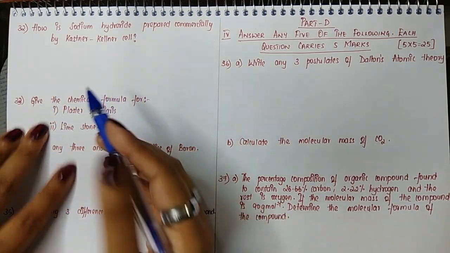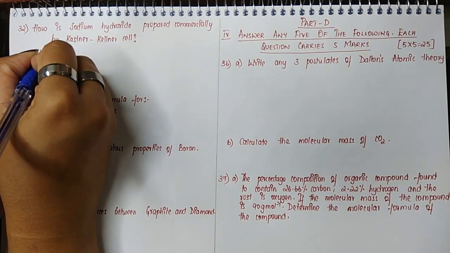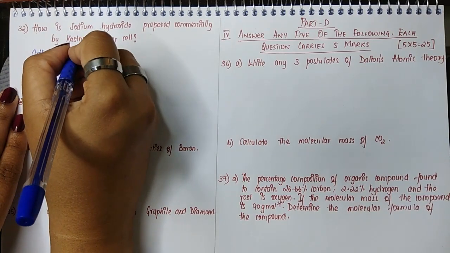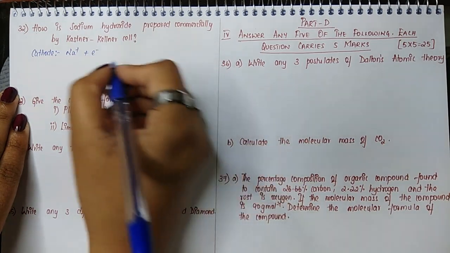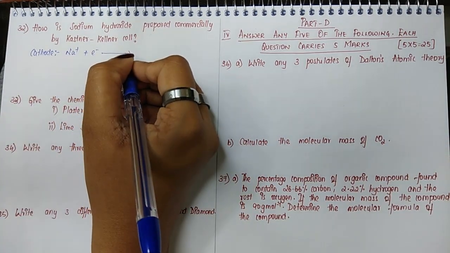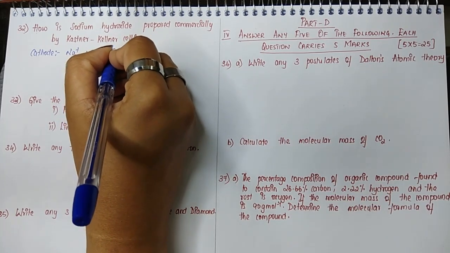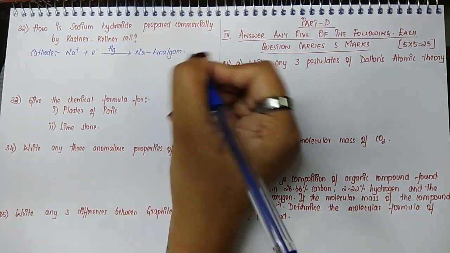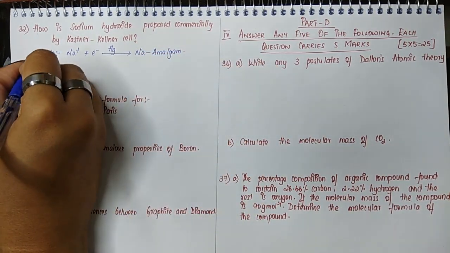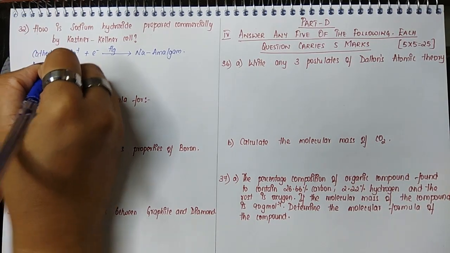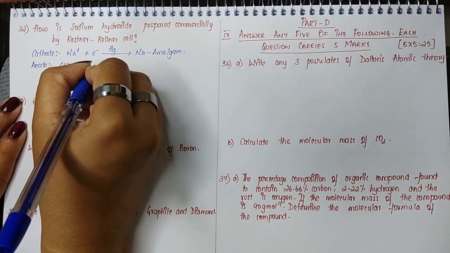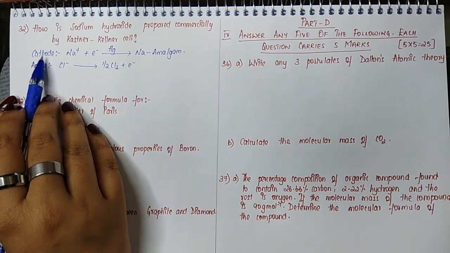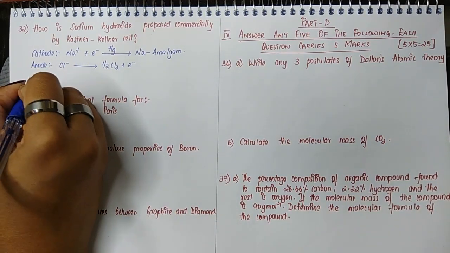So we can just write the reactions. So here we can write that at cathode we have sodium, which will gain an electron and in the presence of mercury forms sodium amalgam. That's what happens at cathode. Now at anode, Cl minus will lose the electron and form chlorine gas. So at cathode reaction, anode reaction, we will now write what is the net reaction.